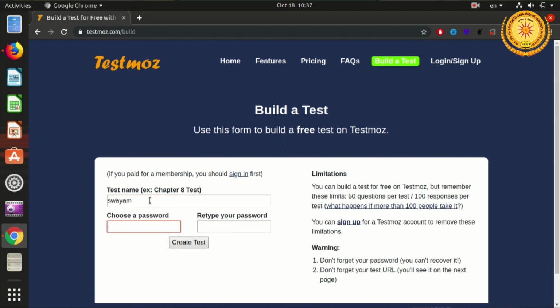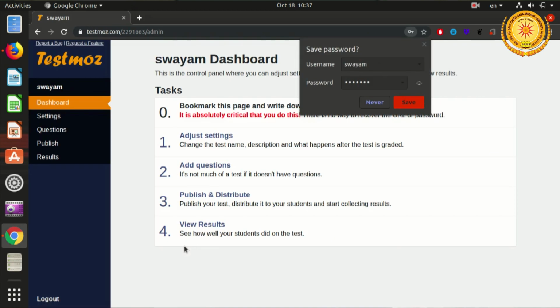I am giving some password. I am retyping that password and I am clicking on create test. By clicking on create test,